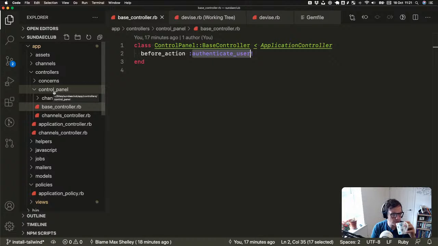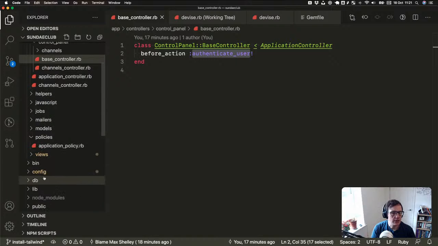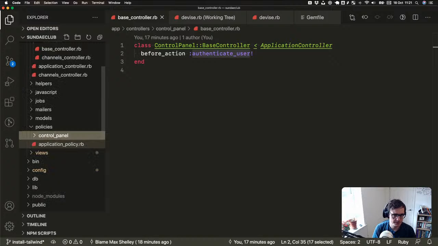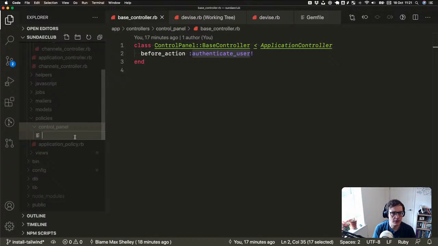Do we want, I guess we don't need Devise to kick people out if we're trusting Pundit to kick people out if there's no user. I'm going to leave that in there for now because it doesn't really matter. What we're checking at the moment is just that one exists. So we're going to have control panel and let's namespace that policy. So we can also have control panel, and then in there we are going to have channel policy,